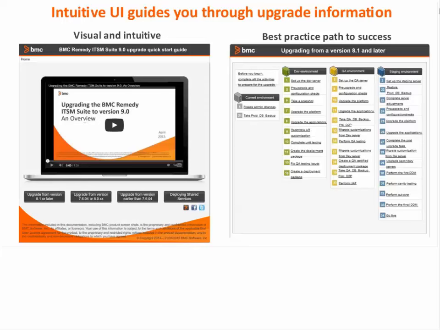and on the right side, as you see, it lists what all steps are there, and these are prescriptive steps with detailed information on what exactly you need to do to set up your development environment, your QA environment, and your staging environment, and the sequence of these steps that you have to execute to upgrade.